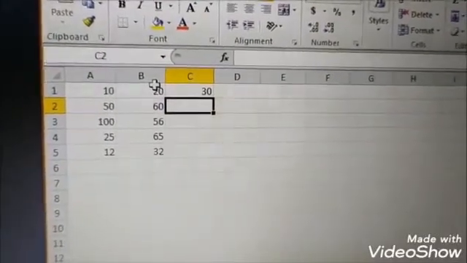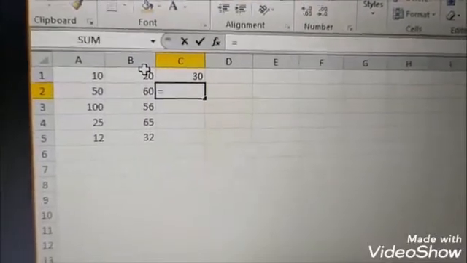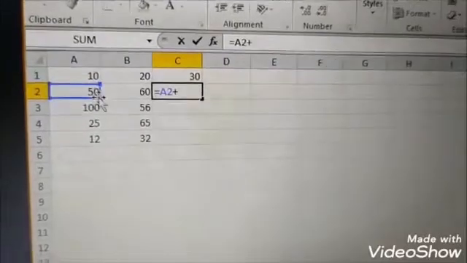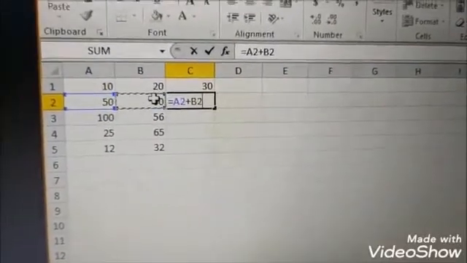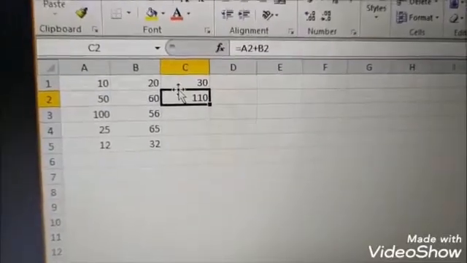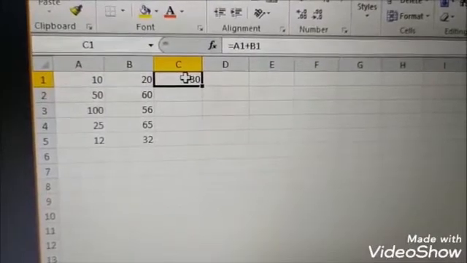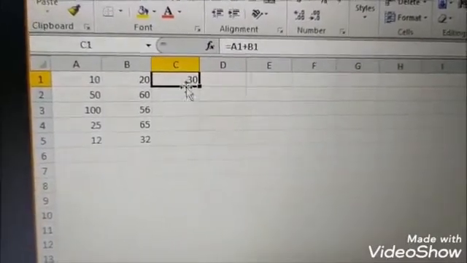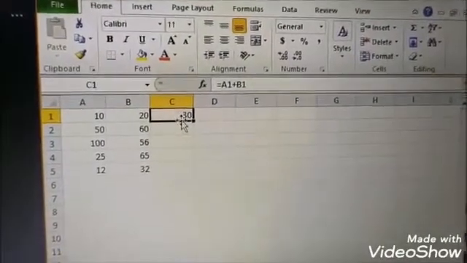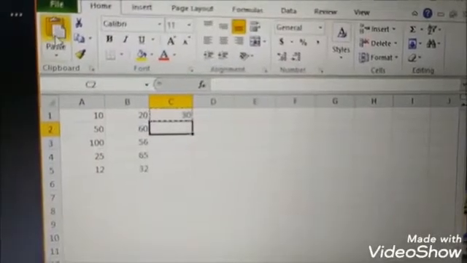Now again if I want to add these two numbers, A2 and B2, what will I do? Again I have to do it here. I have to click here, then give a plus sign, then give this one, and then press the enter key. But I want, once I type the formula, to copy this formula to every cell. So how to do the copy, you know. Select the formula, go to copy, select the range, go to paste.